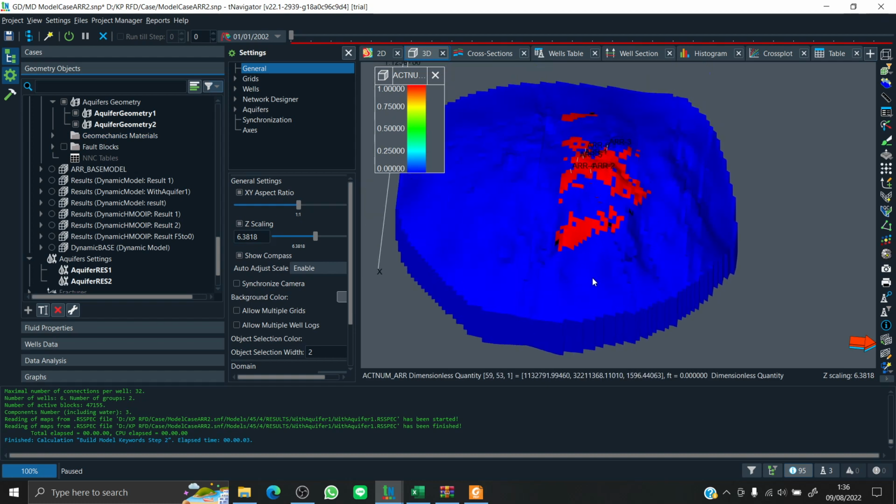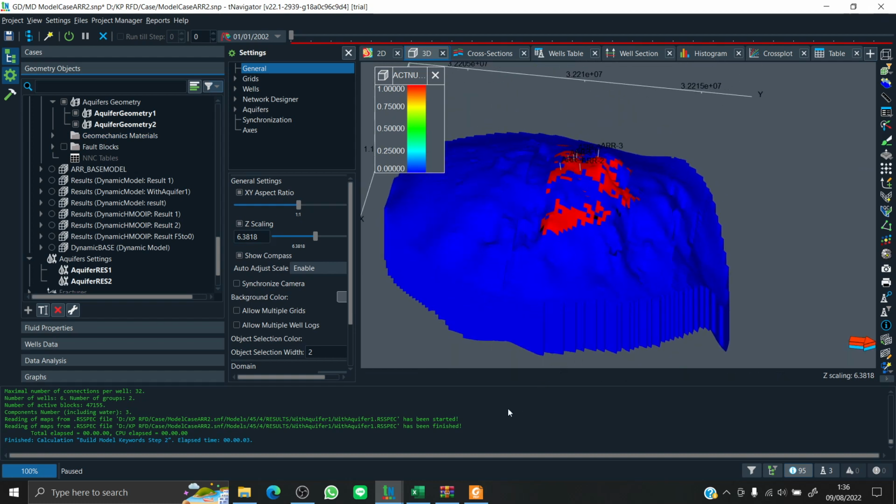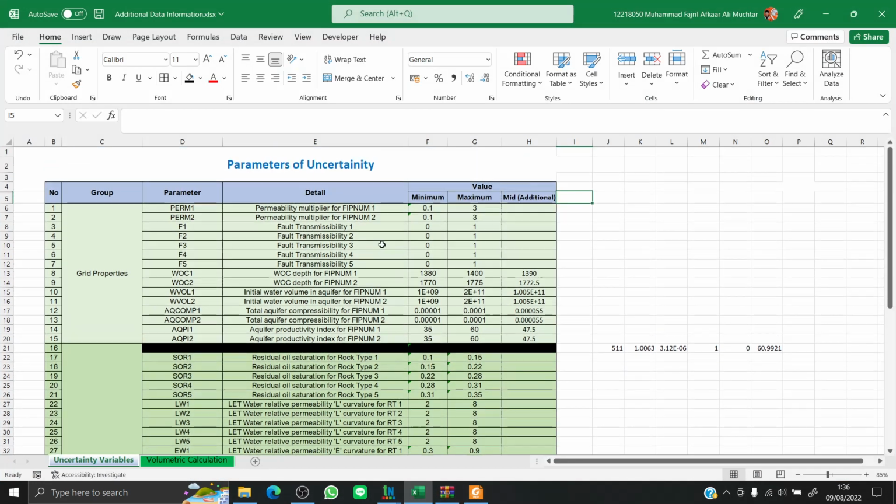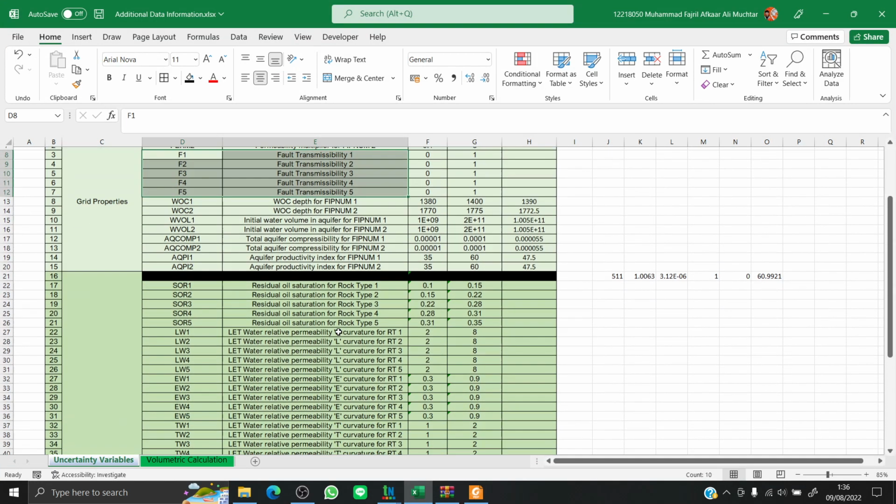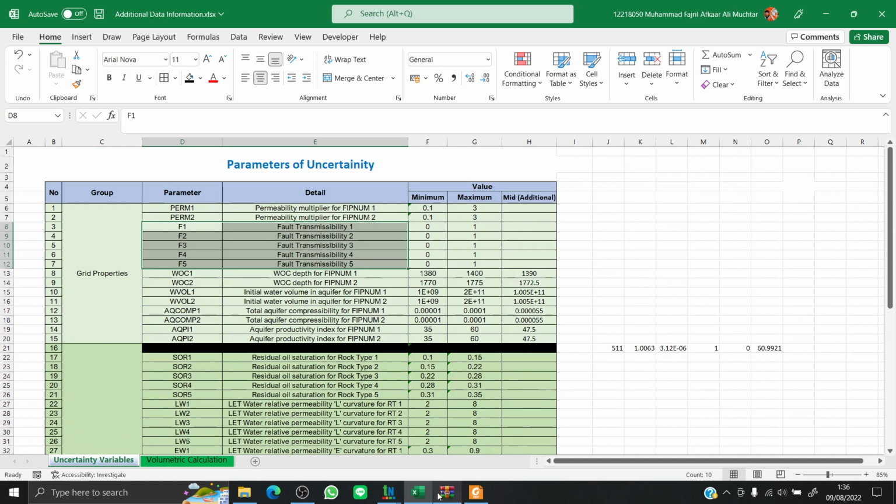From the available data, I have compiled the uncertain parameters, especially for this model. As we can see here, we have the permeability multiplier and fault transmissibility. Oh, I'm sorry, I forgot to explain: the model has 5 faults.